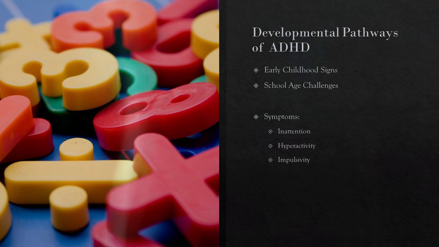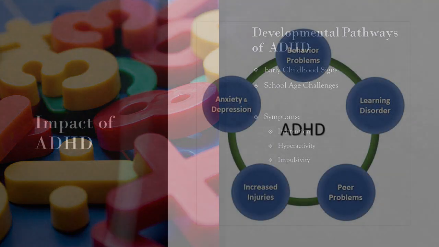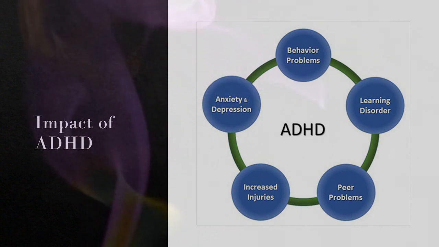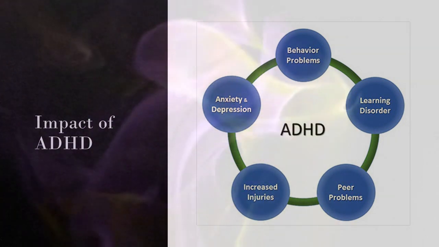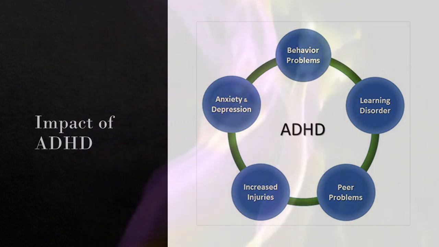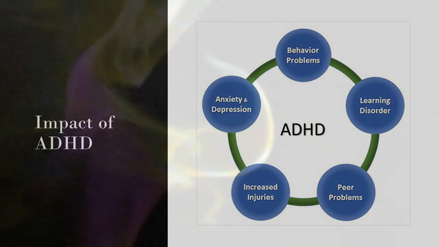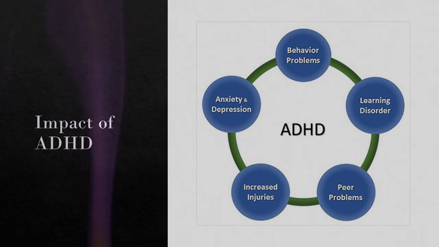And so, what are we looking for as far as the symptomatology goes? Well, the obvious ones are inattention, hyperactivity, and impulsivity. So I want to kind of touch on those a little bit. A child with ADHD often struggles with sustaining attention on tasks. And so they're going to make some careless mistakes, and they're going to have difficulty organizing activities. They may frequently lose items, be easily distracted, and have difficulty following through on instructions or assignments.